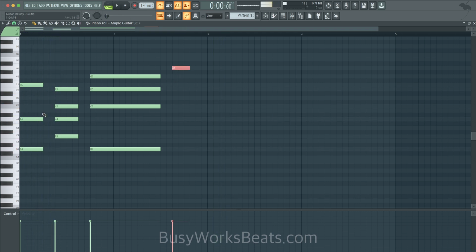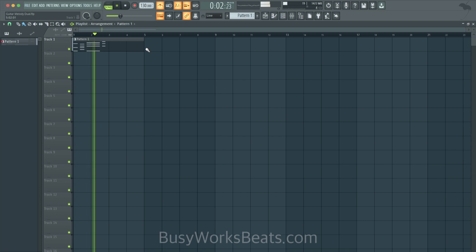Okay, so again, we're using this formula. So again, we have to work backwards. So let's say A is our middle note for the chord. We're going to go F, A, C, which is F major. Let's pull the top note down. Okay, so now we have like a happy guitar.